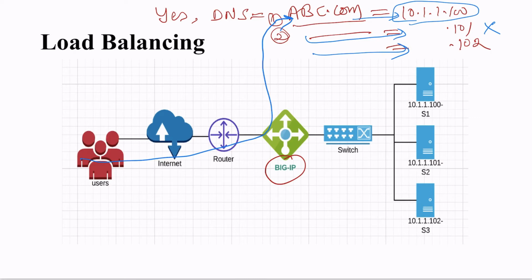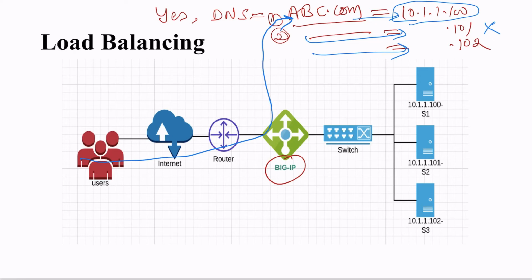Friends, remember that nowadays the internet is expanding. We know there are many websites which are dealing with billions of sessions per hour, and we hardly face any issues. We access YouTube, Facebook, Instagram, and we never see any delay. The reason is that they have used a very efficient and effective load balancing mechanism. I'm not saying they are only using F5. F5 is one of the vendors. There are other vendors as well, but F5 is very popular.